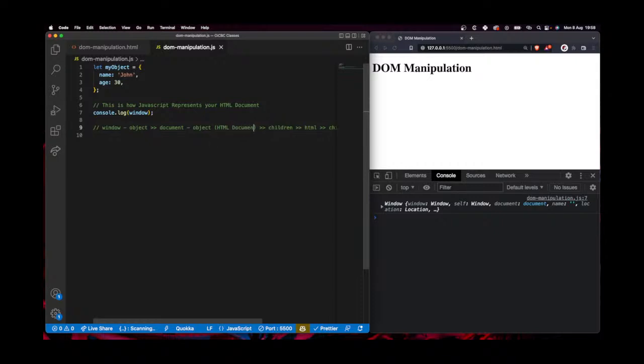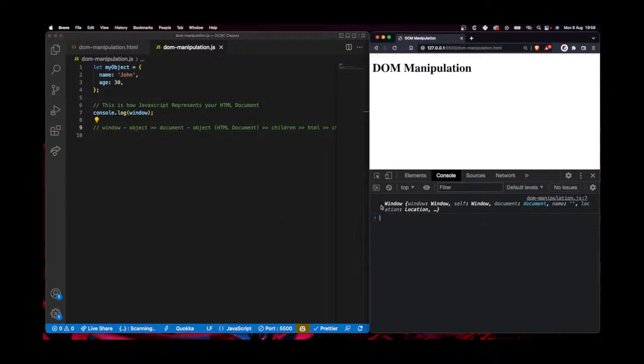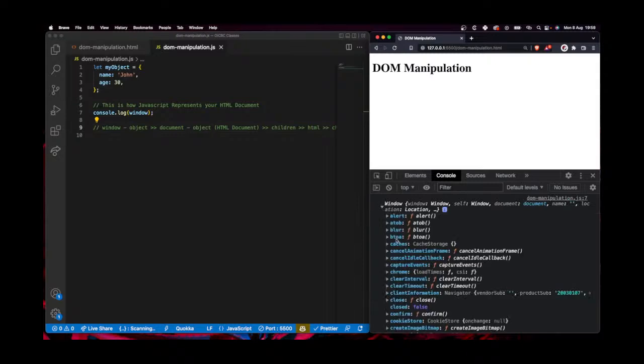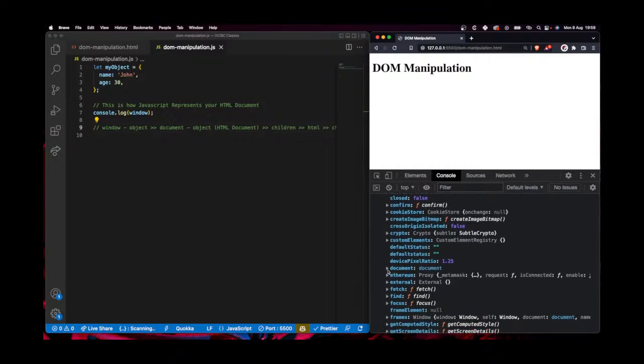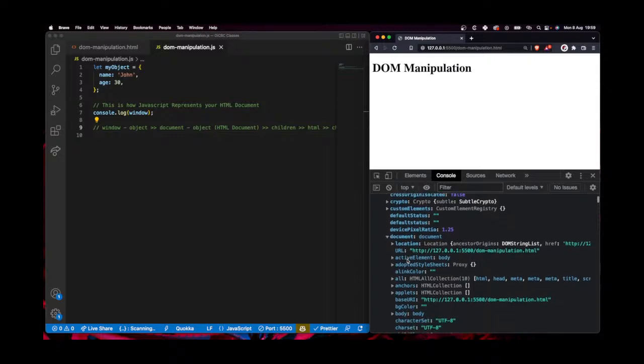Do you guys understand what I'm doing here? Yes, sir. Okay. So inside of the window, let's look for the document property inside of it. So let's scroll down. We have allowed and so on. So let's just come down. So do we have it here? We do, right? So I open that up